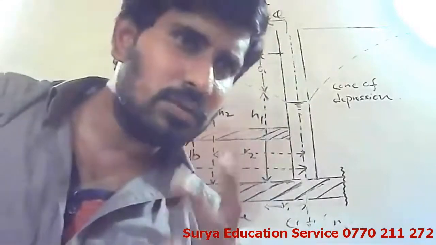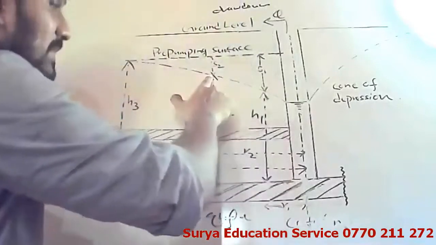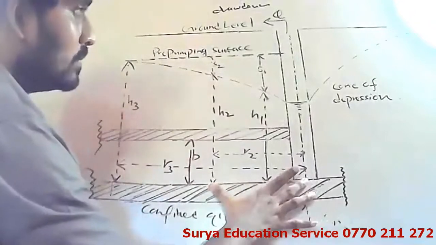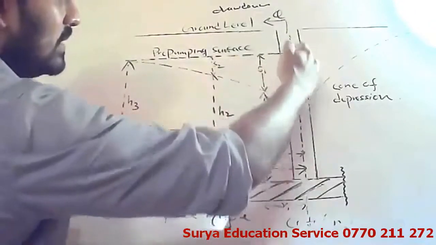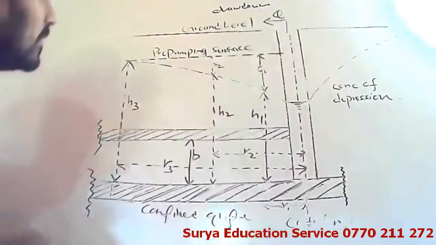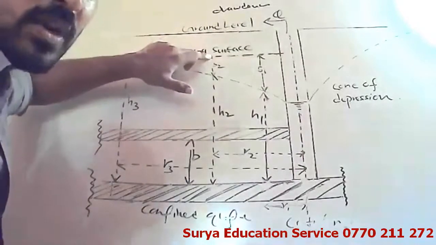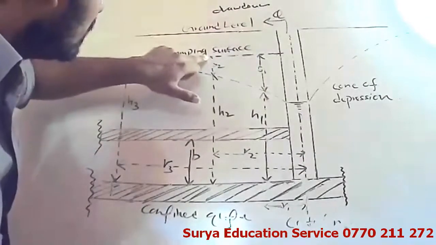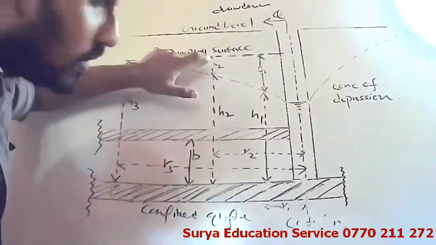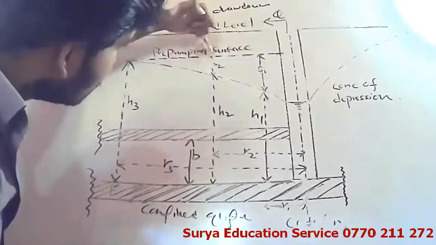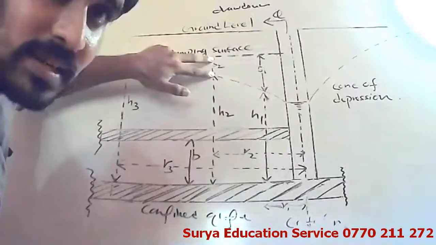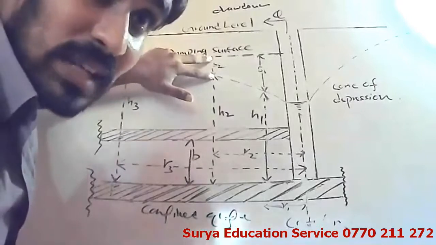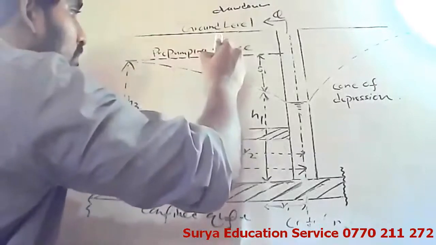Like that, guys, we have two drawdowns, one here and one there. Again, at a distance of R2, the distance from the center line to here is R2. From this pre-pumping surface, you sketch again at a distance of R2 horizontally, and starting from the pre-pumping surface, you sketch a vertical line until it meets this curve. This length we call the drawdown length S2. So this is S2. Okay, guys.